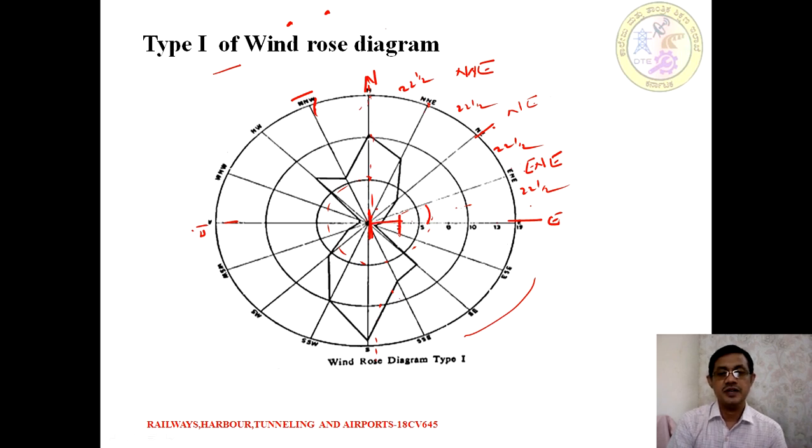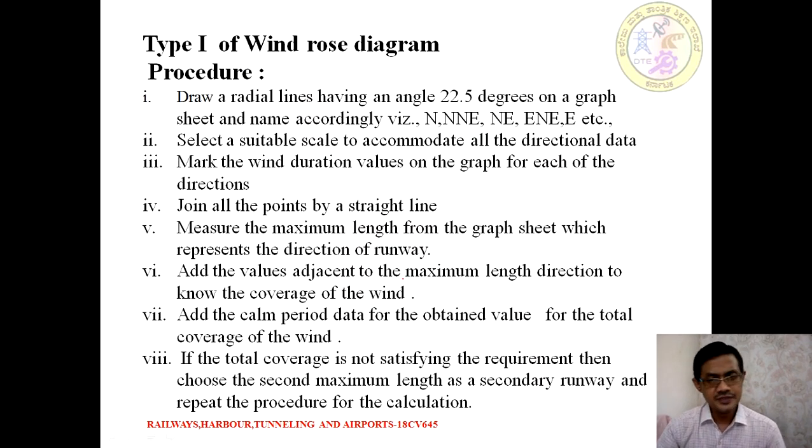So this is going to be marked as 1 and 2. According to the scale, if east is say 1, then we need to mark it like this. Similarly, if it is northeast, mark this point like this, and after that we need to join them by straight lines. After marking all the 16 points on each of the radial lines according to the direction and duration given, the points are joined by straight lines. This straight line is going to complete the windrose.